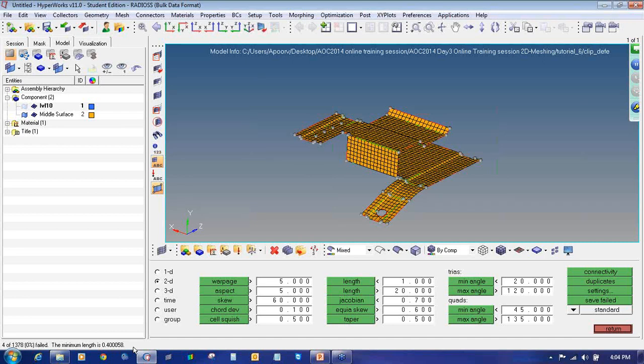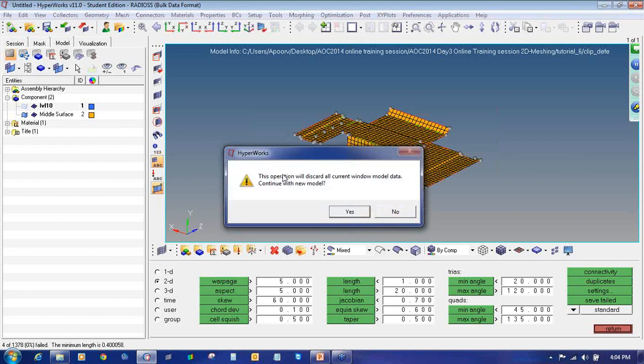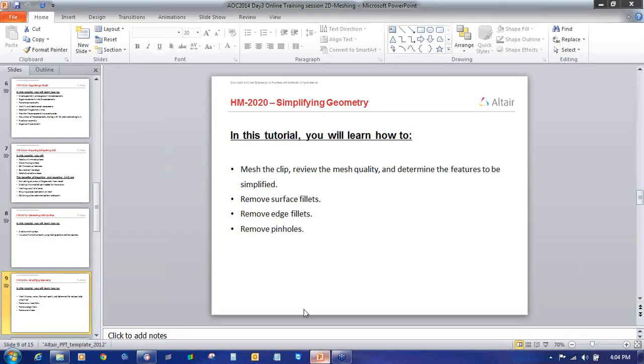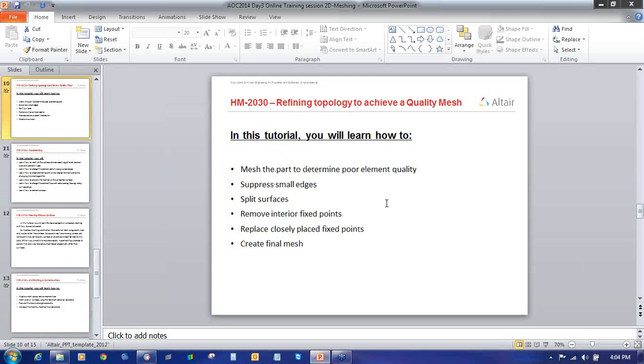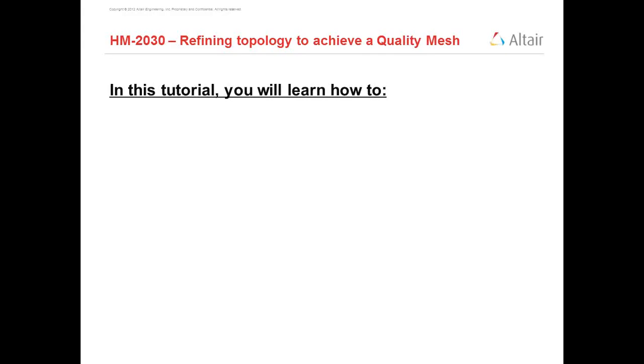Now we will move to the next tutorial. I will click on new here, and we'll move towards the next one, that is refining topology to achieve a quality mesh.